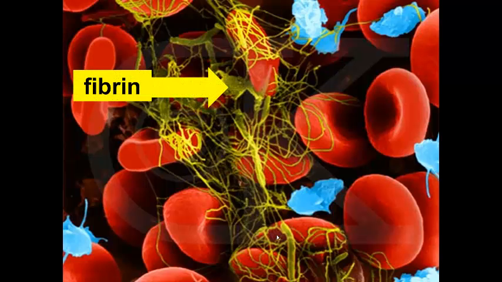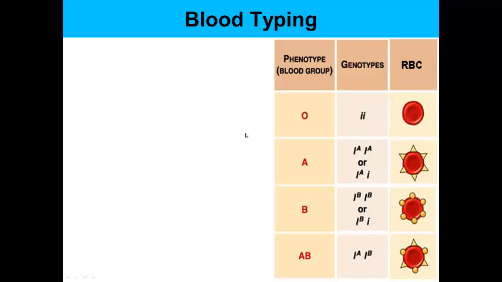So here is a picture of fibrin. Again, this is a false color picture. They've gone in and recolored it. So here are your platelets, here are your red blood cells, and here's your fibrin. There are 4 different